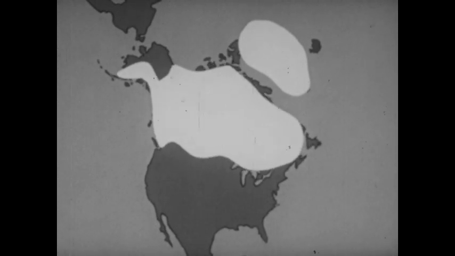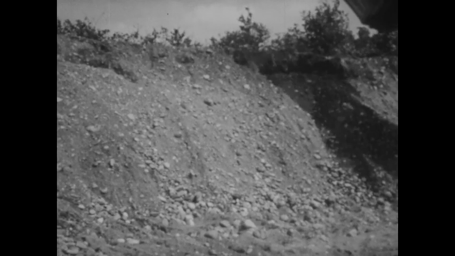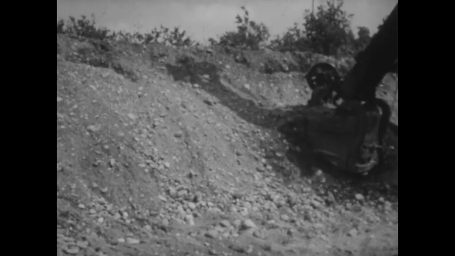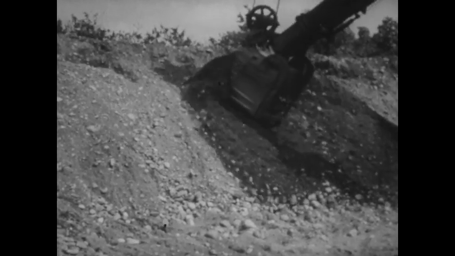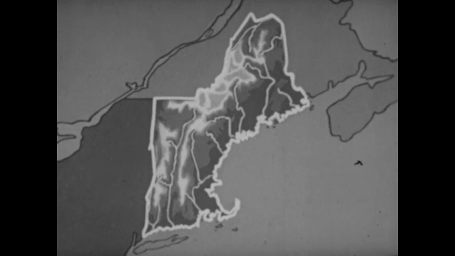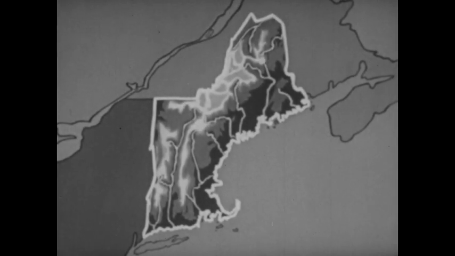Then, much later, the ice slowly melted, leaving its marks on many regions, including New England. Some of the rocks were ground by the ice into pebbles and sand. These were left as deposits of gravel which is not good for farming. But the glaciers also carried soil from the highlands and pushed it into the valleys. The result was that much of the best farmland in New England is found in the river valleys and lowlands.